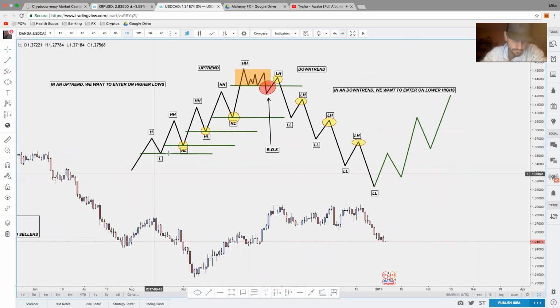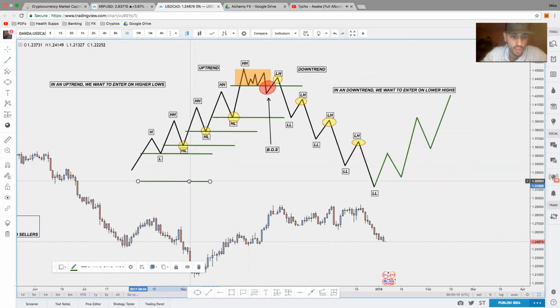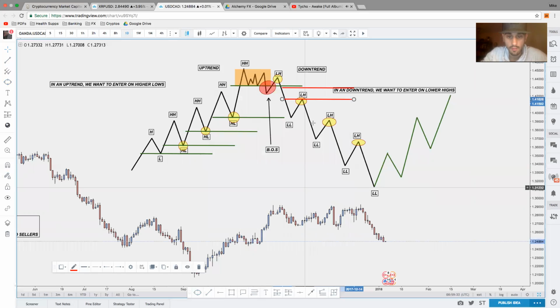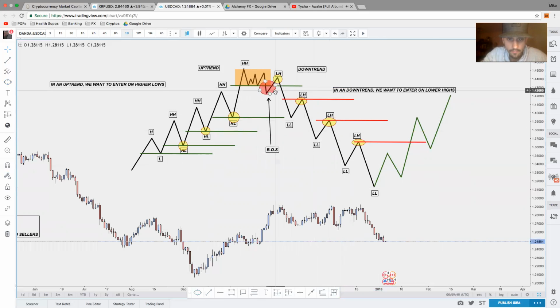So what happened here? I'm going to draw the same type of lines of support as resistance on the downtrend. On an uptrend, there's support levels that aren't broken, that just continues to go up. On a downtrend, there's resistance levels that never get broken, conversely. But once a resistance level is broken, like right here,